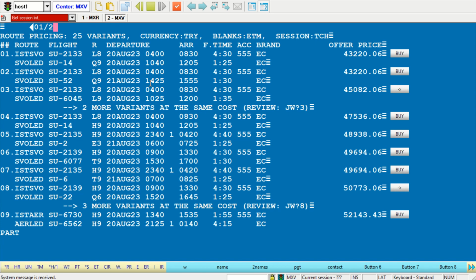For example, you don't need 3 seats. You need just 2 seats. So add number of seats in request. 0, line number, slash, and number of seats. If you